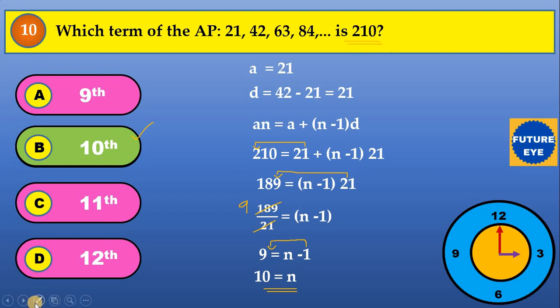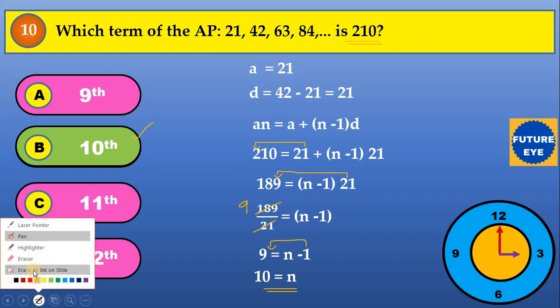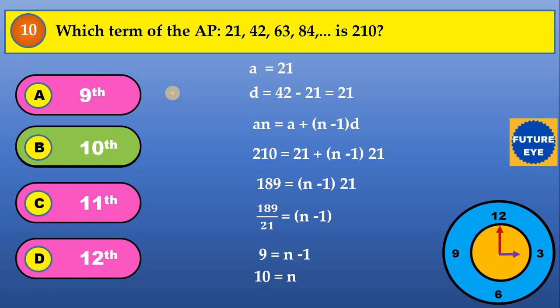But no need to solve so lengthy one this one. If you use just common sense, you can answer this, children. Just look at the progression they have given. So here we have 21, 42, 63, 84, means 21 table. So in 21 table, when do we get 210? Means 10 times of 21 is 210. Means 10th term should be 210. That's all. So B is the correct answer.